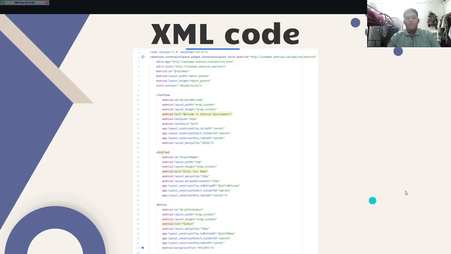Today I will be explaining the XML layout code for the Android application. At the very top, we declare the XML version and define the root layout, which is a constraint layout. This layout is very flexible because it allows us to position the elements by setting constraints. Next, the width and the height are set to match parent, which means it will cover the entire